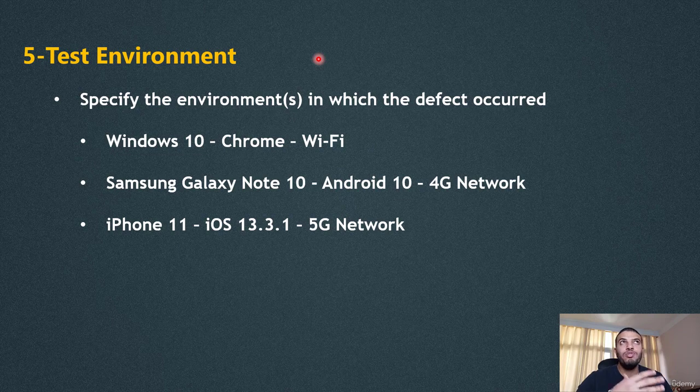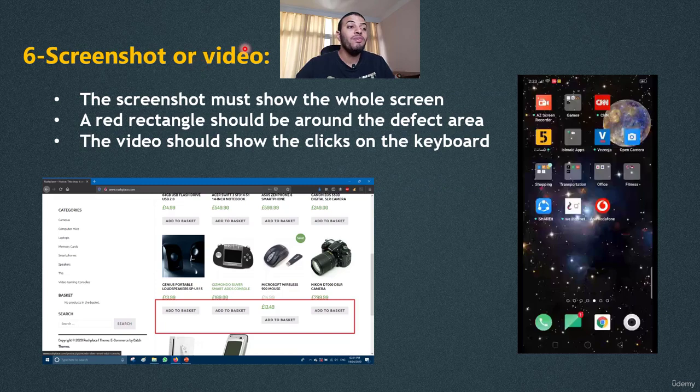You can say, okay, reproducibility is 5 out of 5. This means that every time I execute those steps, the bug happens. You can say, no, 3 out of 5 or 1 out of 5. Okay, so this is the environment. Then we have a very important thing, which is the screenshot or the video. If the defect is static, it means that there are no animations happening to prove that the defect happened, like lazy